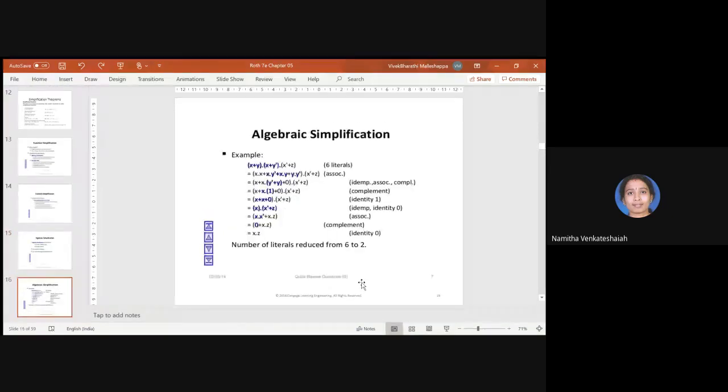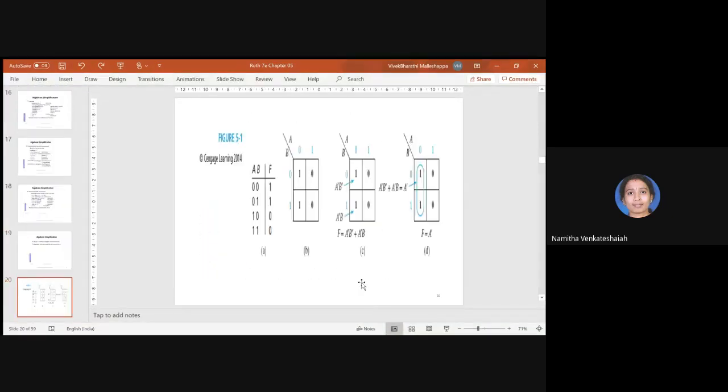So we are starting with the topic Karnaugh maps. Initially, let us start with the two variable Karnaugh map. Write in your notebook. Something is shown on the PPT, right? There is some equation AB which is leading to the output F. The truth table is given. Write the truth table, students, in your notebook.